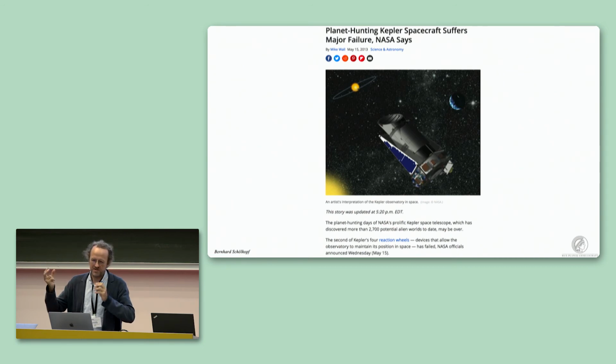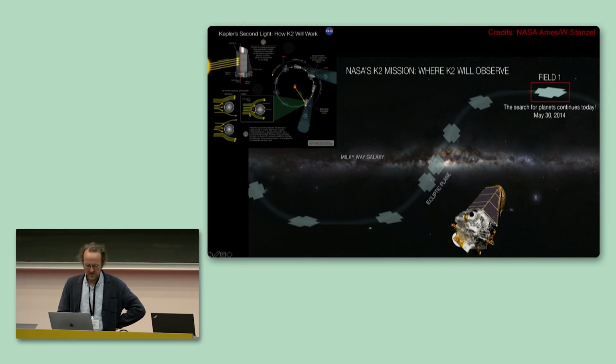So they combined the fuel thrusters with the 2 wheels and sort of reasonably stabilized it and looked at some other patches of the Milky Way. They could only do it in certain directions, which were computed based on the shape of the spacecraft. So they could come up with a few patches along the ecliptic, in the ecliptic plane, and produce, of course, much more noisy data.